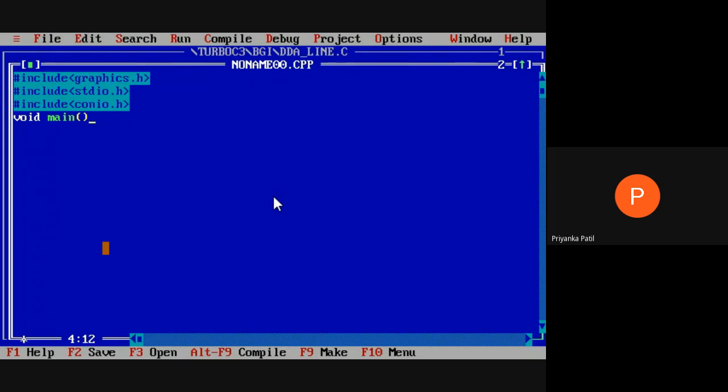This is your basic program for preparing the line with the help of the ready-made line function. Here we have to consider the different header files, for example, #include <graphics.h>, the standard input output file, and the conio header file. The conio file is related to the output screen where we want to display the graphics images or any text information for accessing the data from the user.